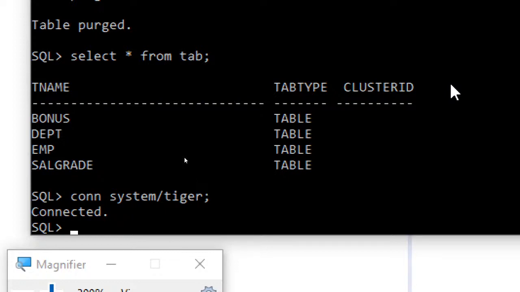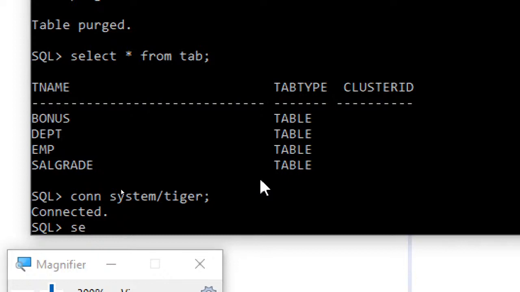Directly you can use the command conn space username / password, and remember this password is the one which you give at the time of installation. Again I'm saying, at the time of installation you are going to give this password. Tiger is the password which I have given. You might be giving your own name or any other name. Remember that this particular name is the one which you provide at the time of creation.